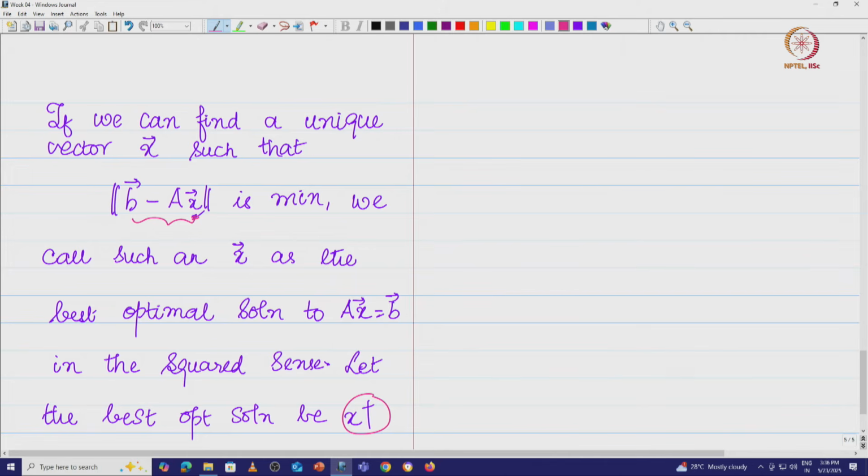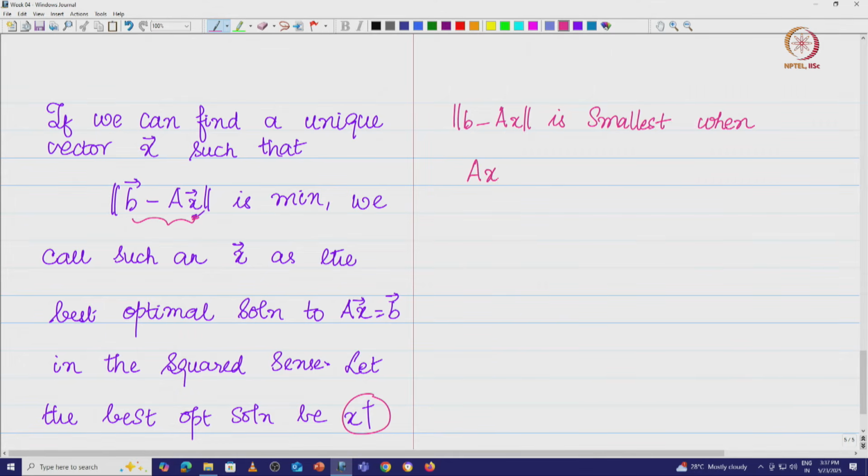That is why x dagger is called the best optimal solution in the squared sense, or the least squares solution. So, b minus Ax is smallest, because we already saw the orthogonal projection will give the least squared error. So, b minus Ax is basically the smallest when